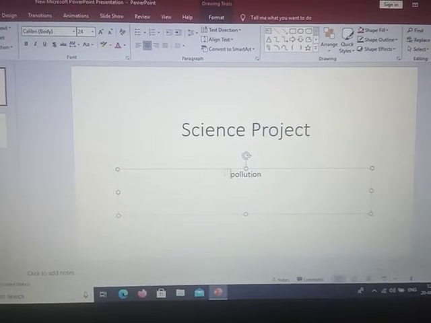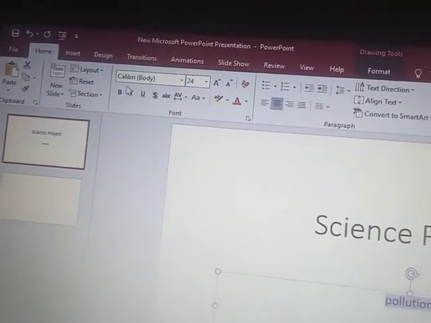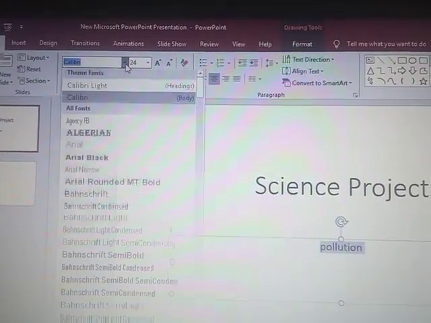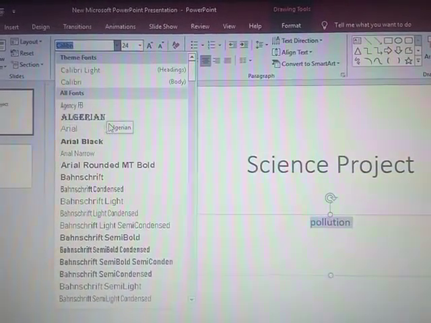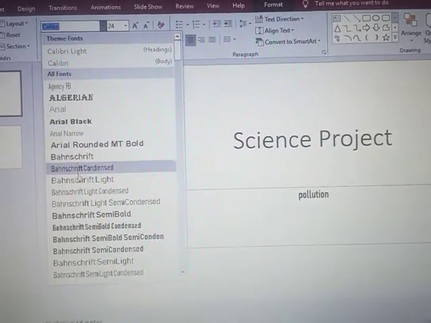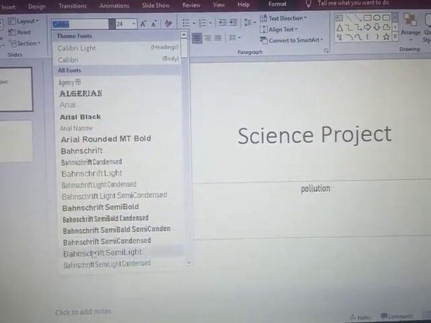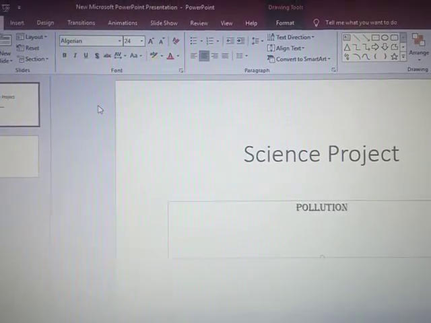And formatting of that font can be done with the help of the options given. You can change, you can see here, when I click, you can see the difference in the fonts. Like it is Arial, so you can see the change in the word pollution. As far as I am moving through the fonts, you can see the changes. So we can just format the font using that.